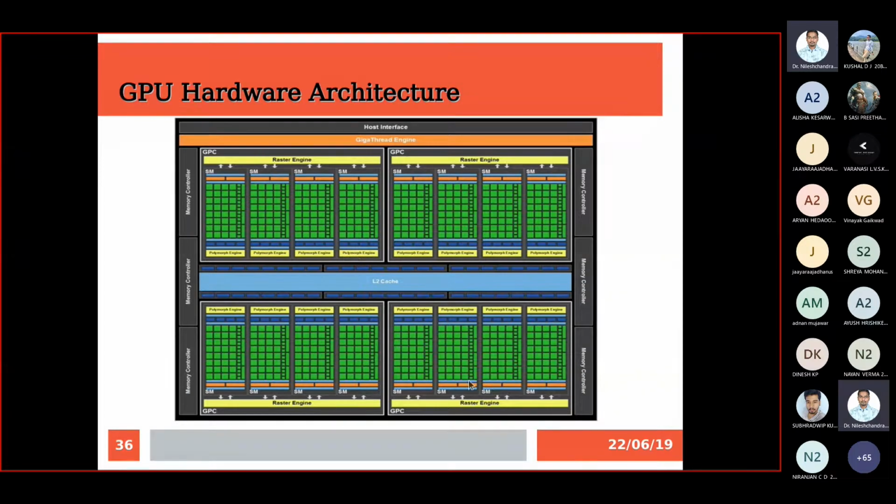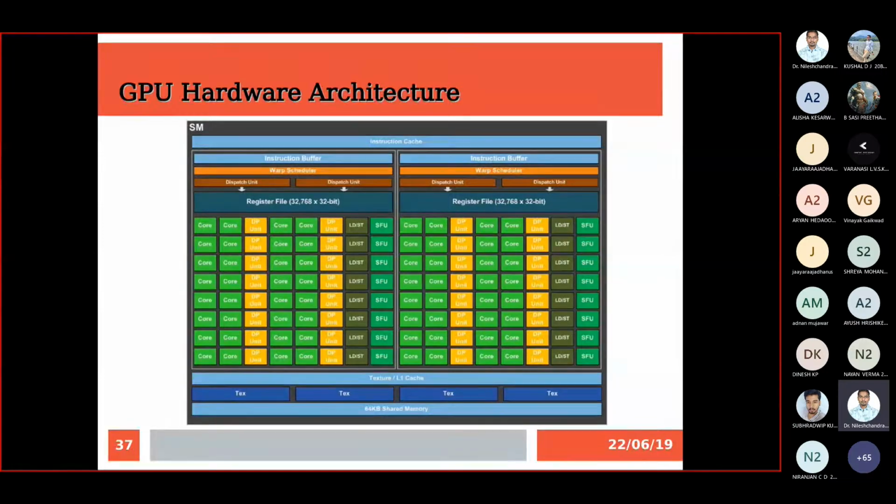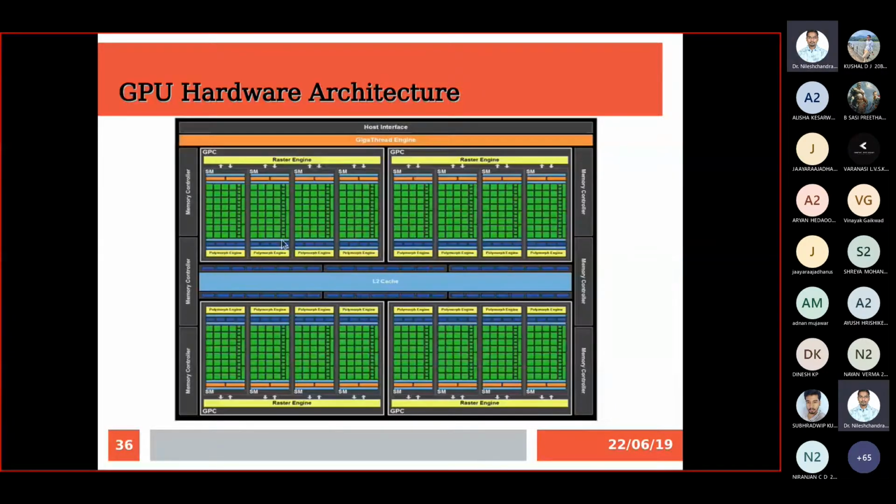Now, this is a typical hardware architecture of the GPU. Let me just zoom in a little bit if possible. Okay. So you can see this is the GPU architecture, inside which we have some blocks. Here 4 blocks are there, and inside every block again there are 4 blocks, right? I'm not sure whether it is visible for you guys. From your side, you can zoom in; you just have to scroll on your screen so that it will zoom in.